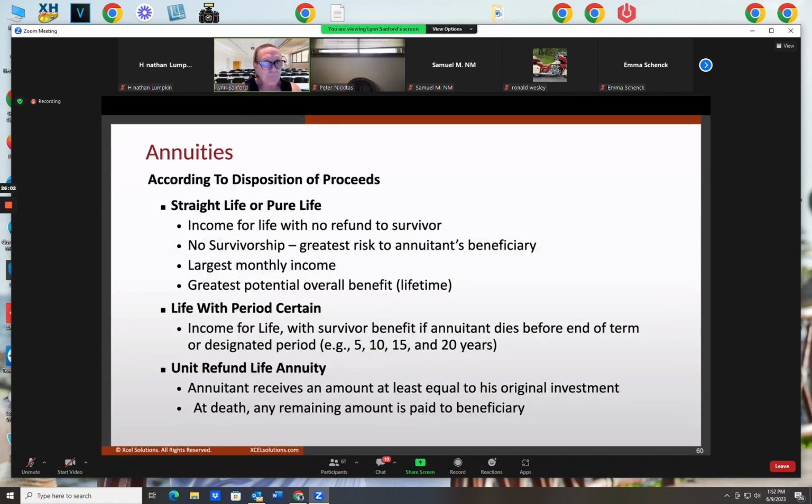Now, payout of an annuity. There are 6 different ways. You can choose to annuitize and have an annuity paid out to you. Keep in mind, you don't have to annuitize an annuity to get your hands on the money. People that don't understand annuities think so, but that's not true. If I had this annuity I've been contributing to for 30 years, and I get to retirement, and I call up that insurance company and want to take $5,000 out to buy a new car to take me through retirement years, I could do that. I don't have to annuitize my annuity to get my hands on the money.